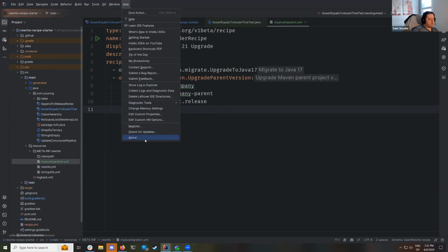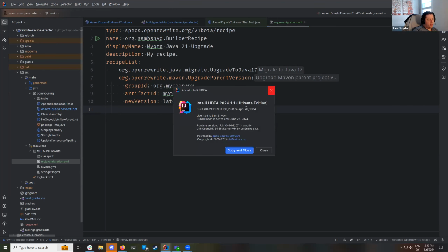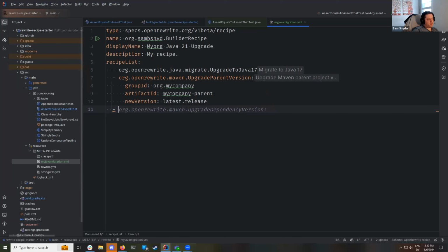And as of IntelliJ 2024.1 Ultimate Edition, they have started to build in